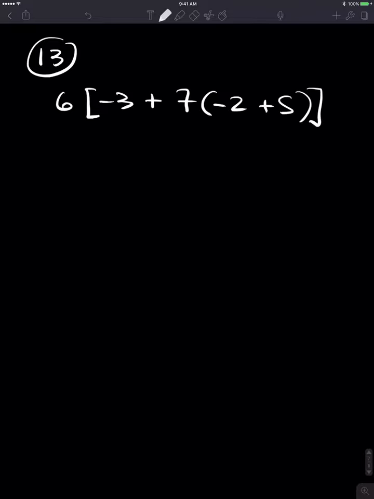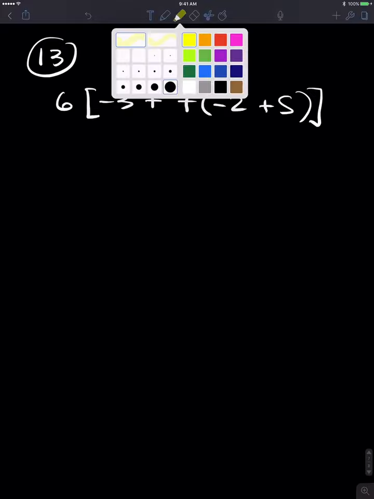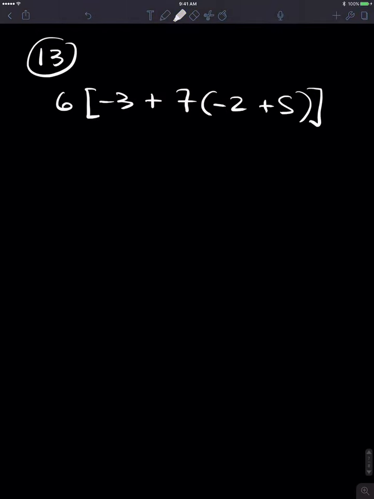Number 13. 6 times negative 3 plus 7 times negative 2 plus 5. We have two sets of parentheses. We have an innermost parentheses here, in here, and we have an outermost parentheses here and here in the form